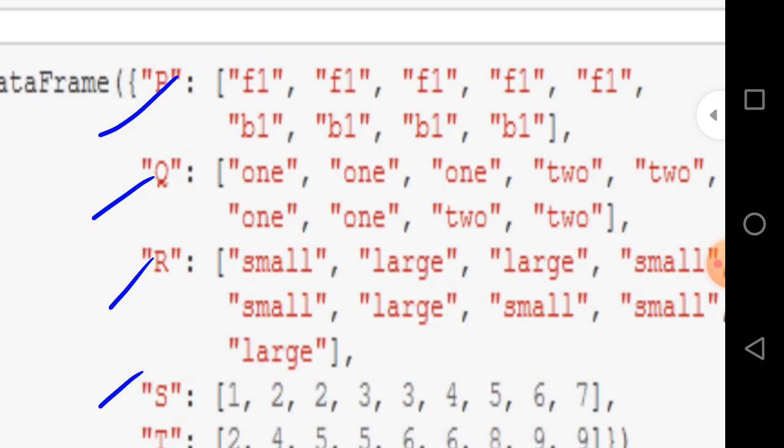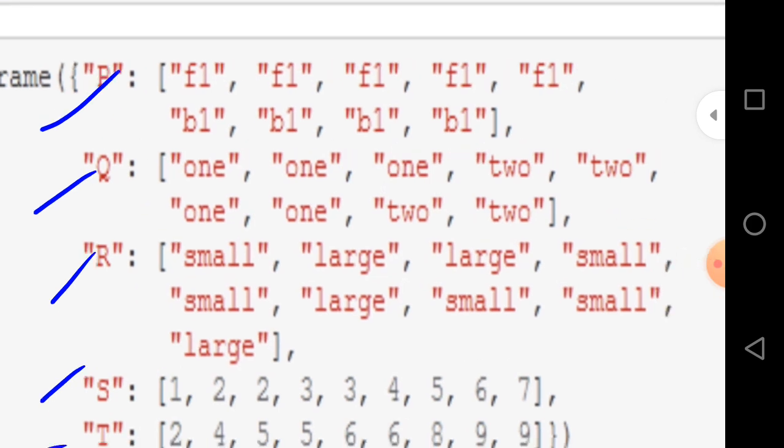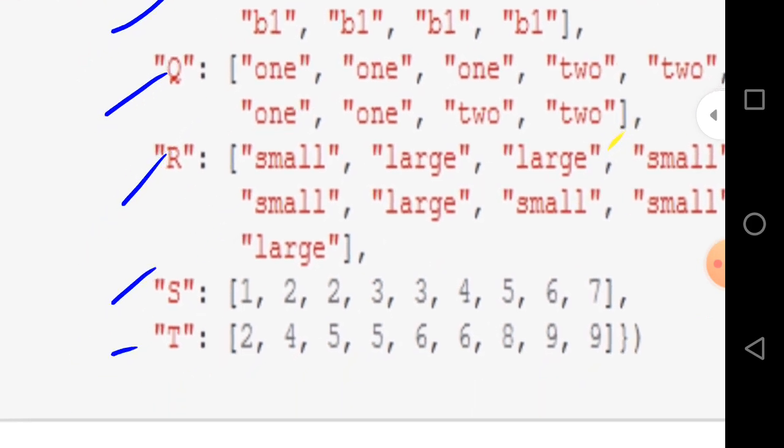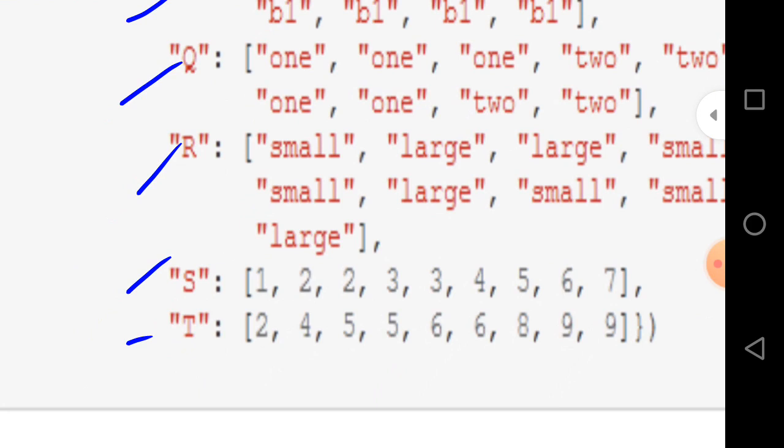For Q these are 1, 1, 1, 2, 2, 1, 1, 2, 2. For R these are small, large, large, small, small, large, small, small, large. And for S these are 1, 2, 2, 3, 3, 4, 5, 6, 7. And for T these are 2, 4, 5, 5, 6, 6, 8, 9, 9.